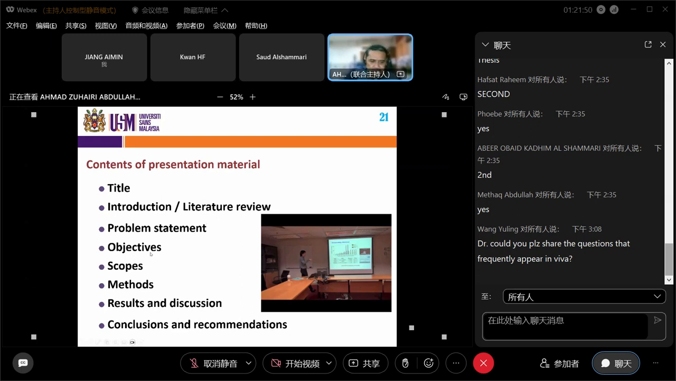And objectives. I think all the work needs to be based on certain objectives. Right? It could be 4, it could be 5, it could be more. But once you put any objective in your work, you should be able to address them. If you are not able to address the objective,